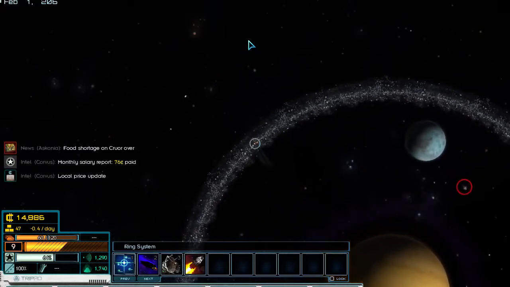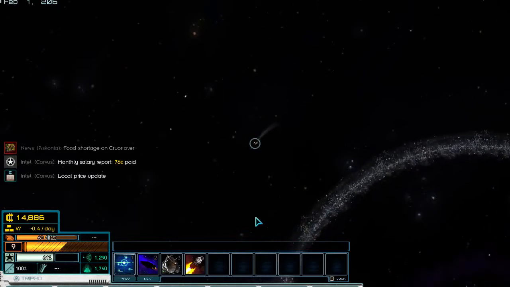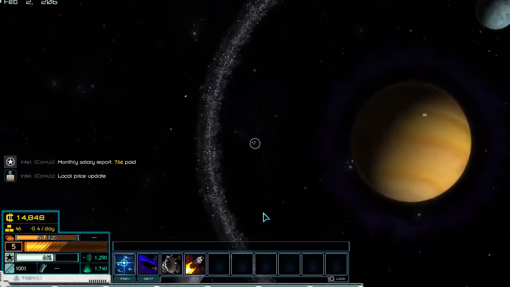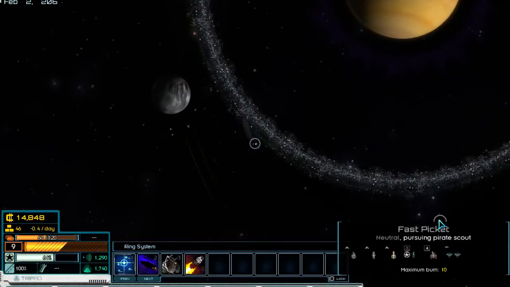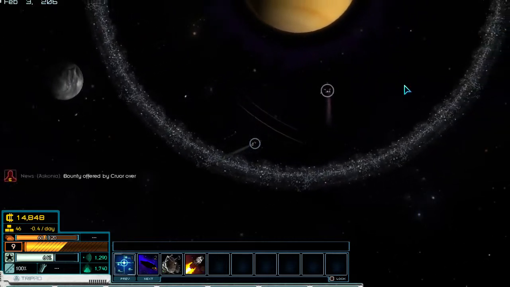saw a little radar. Might be someone over here. Oh, also, yeah, I'm paying salary. I've already lost money even though I didn't spend anything. You can see I went down 76 credits. That's not much of a salary, so we're cool. Okay, what's this? That's neutral. That's not us. They're pursuing something, so let's see if we can find what they're looking